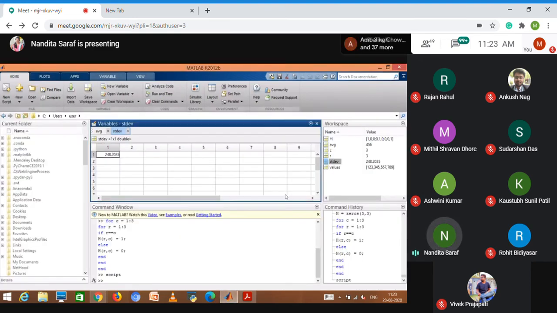Either I ask it to display the result, in which case it will display it on the command window, or if I am not asking it to display any result, it just shows that I have run a script file. I have named the script file as script, so that's why it shows that I have run the script file, and the values of the output variables which I have defined are in the workspace, and it has updated the values.